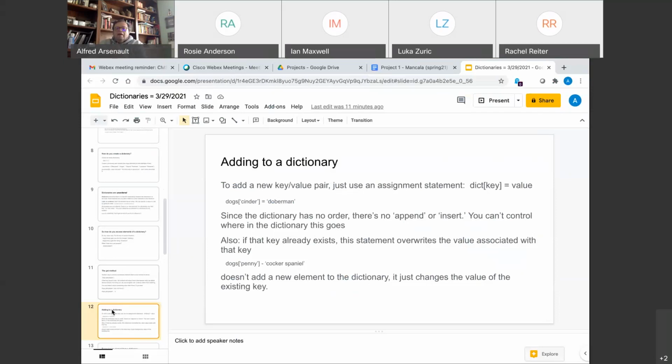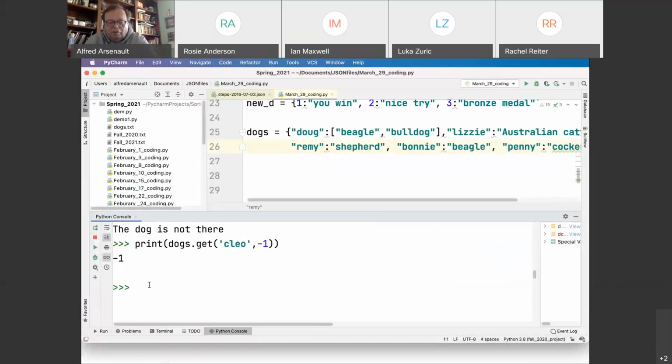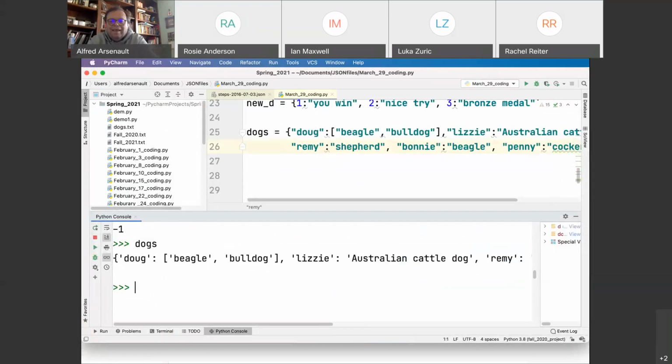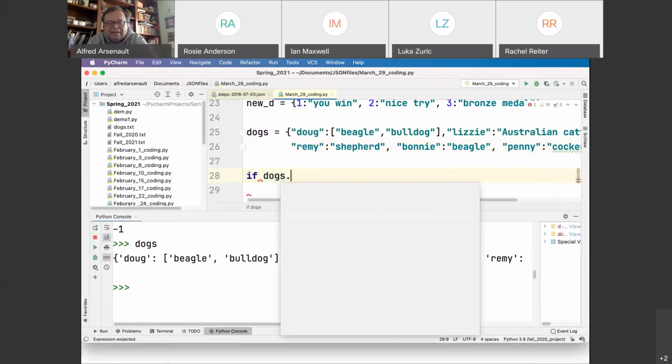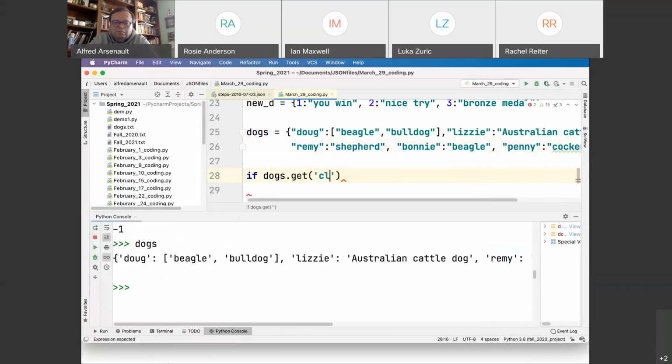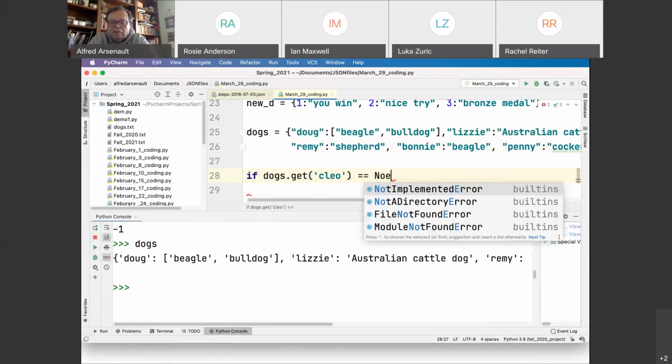Okay? If you use an assignment and a key already exists, this statement overrides that. It doesn't add a new element. Let me explain what I mean by that. So here is our dictionary dogs. And I see that Cleo doesn't exist. So I'm going to be resilient in my coding, and I'm going to say if dogs.get Cleo equals None, that means Cleo doesn't exist,